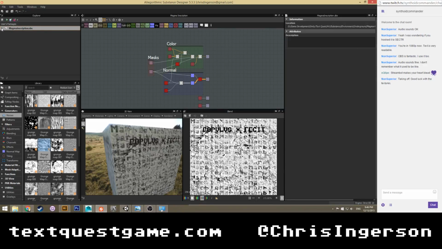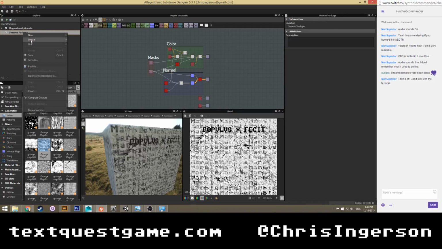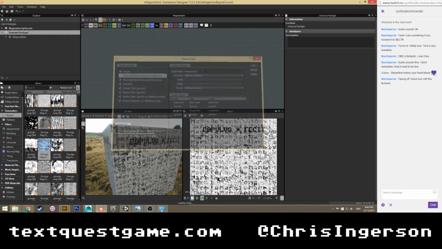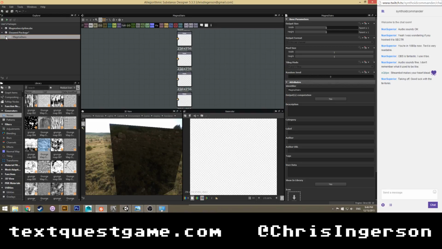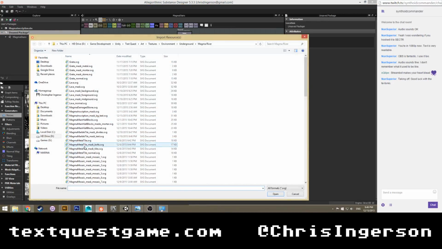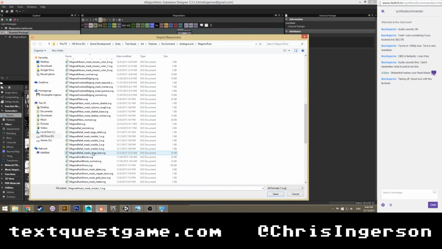Let's go ahead and new package. New graph. It is physically based. Call this magma stairs. Link, vector graphics. Pillars, ruin doors, stairs.